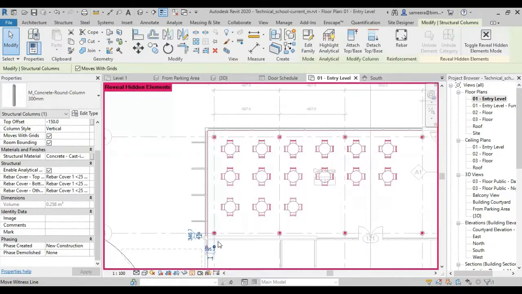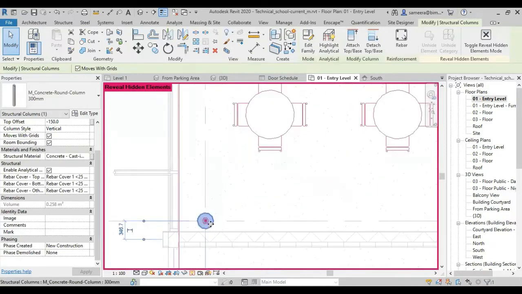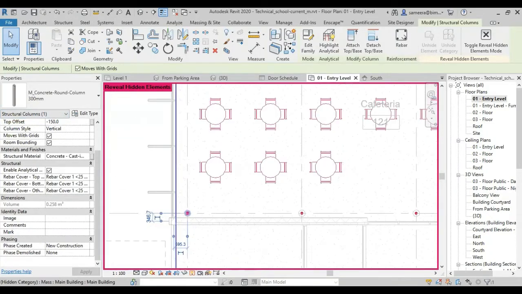See, when we come to this particular column, this is hidden, right? So go to the particular column, and the mark property of that is hidden. So we have to click on Reveal Hidden Elements. Then the elements can be seen. Hidden elements can be seen in a red color. We have to select it, then go to the properties where we can see its mark value. We have to enter what it is showing in the properties into the exam window as the answer. Okay, that's it.